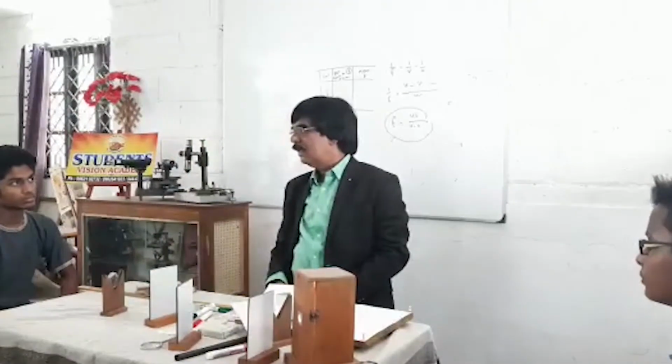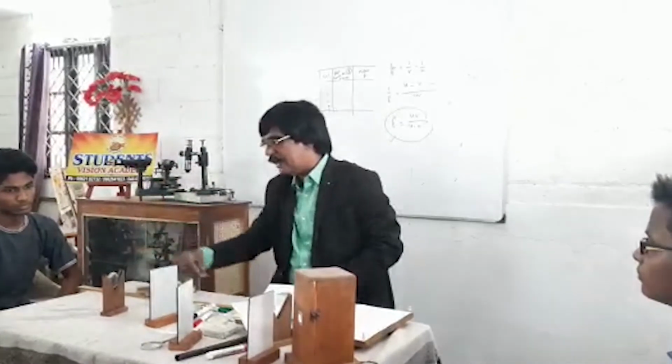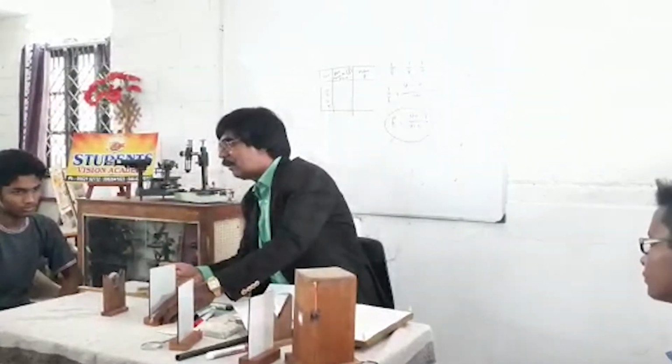Now the object is somewhere there, some object. The lens is focusing towards that object. The rays of light are coming. Refraction occurs. Now listen, you adjust this. Now itself we can see some image.